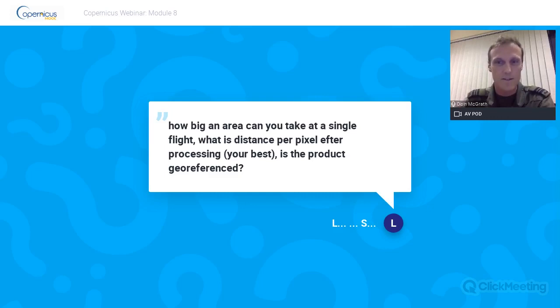Aerial search is a complicated area, and in this day and age when ground teams have suddenly become airborne, that is very loose, and it's one that people should definitely watch out for. In terms of georeference, yes, all the images that are taken are geotagged with the lat long information, all the geo information in the metadata. So that can be used afterwards to drop as a TIFF file onto maps.